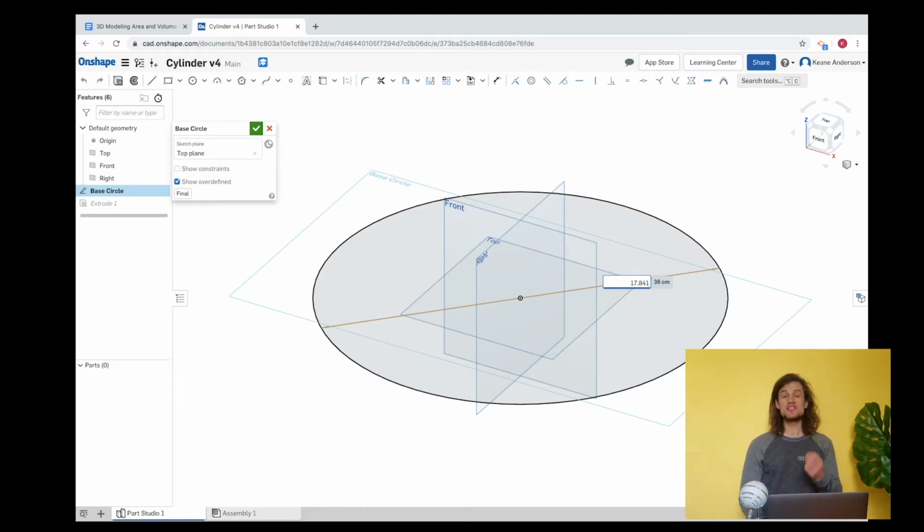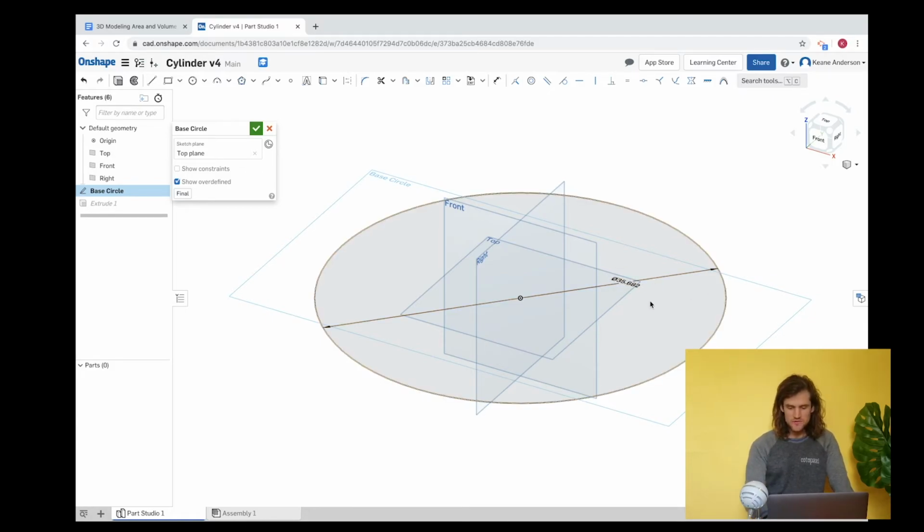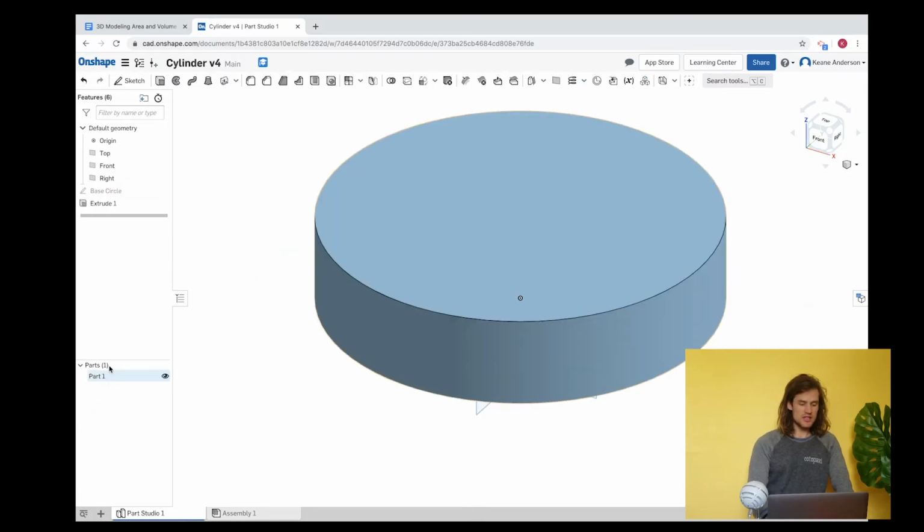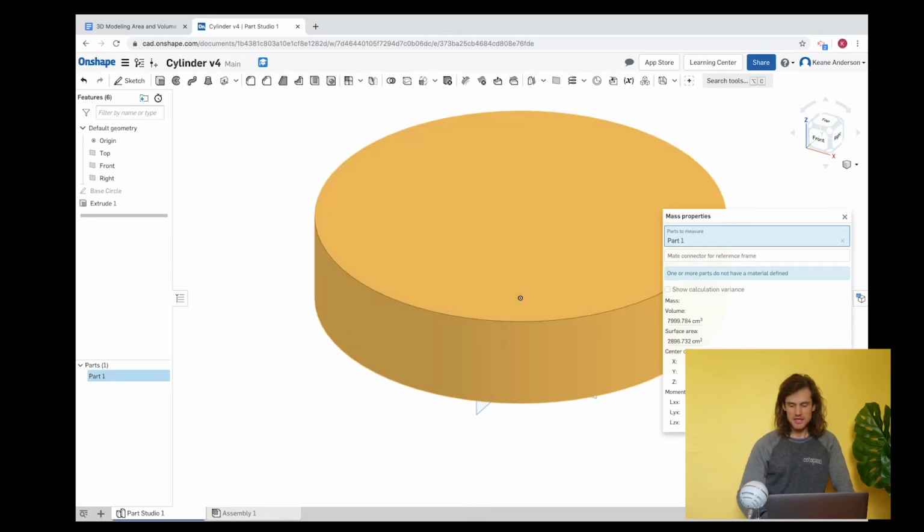17.841. Now the problem is the formula uses the radius, the volume formula, whereas the 3D modeling software uses the diameter. So we're going to need to multiply this radius times 2. So you can see, obviously 17 times 2 is going to give us something close to 36. Okay, so let's click there, and we get 35.682, okay? And let's check this, make sure it's right, and click it, and we got